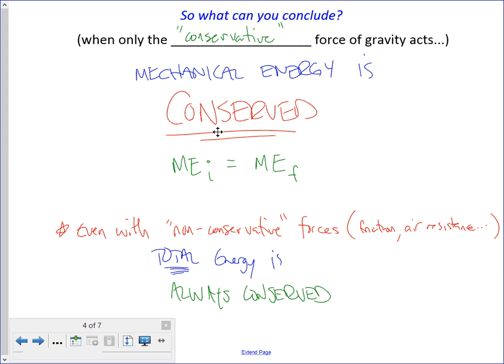There's always a constant amount of total energy in the universe, right? So even if there's friction or air resistance acting on an object or a system, well, there's always a constant